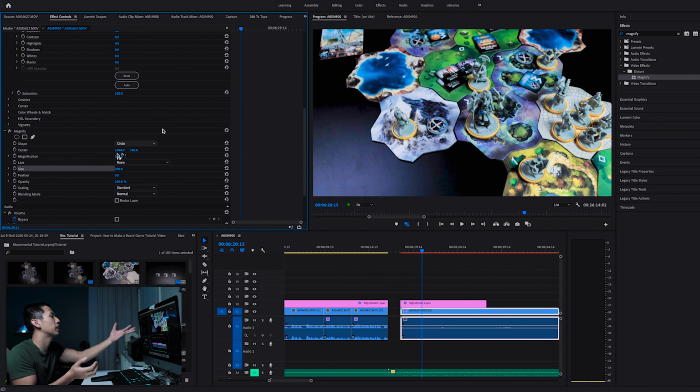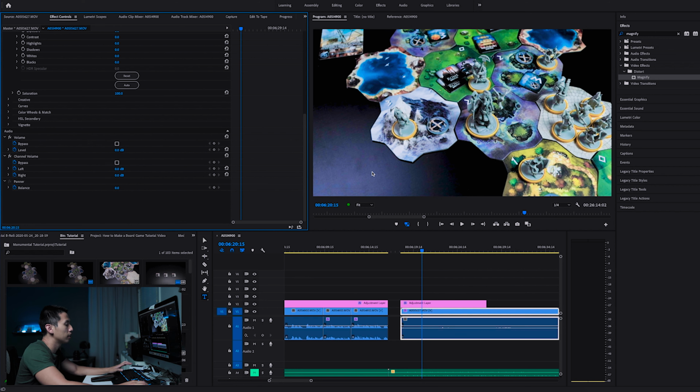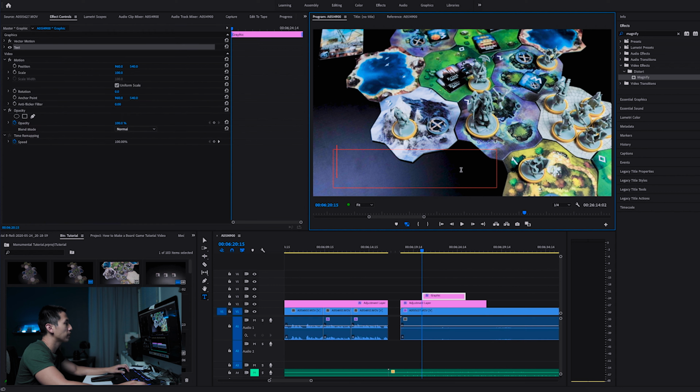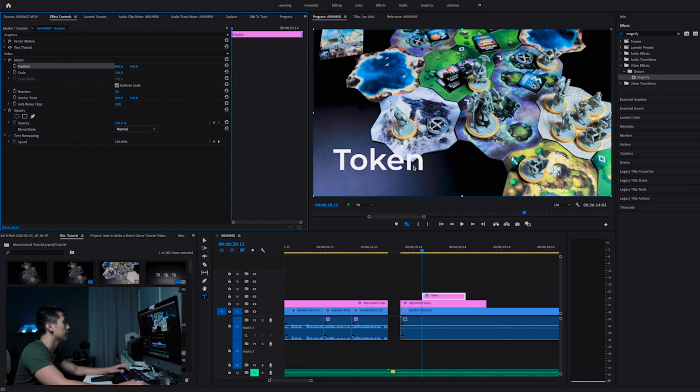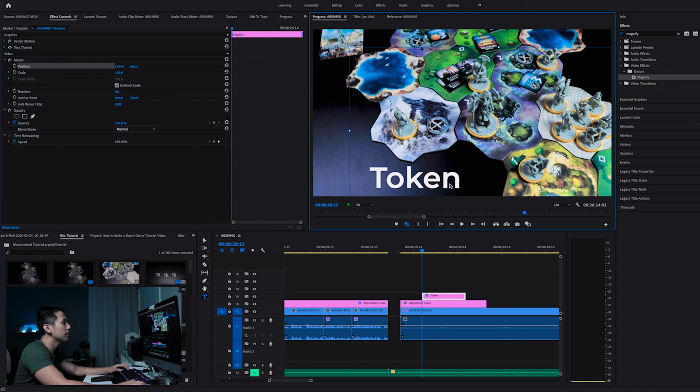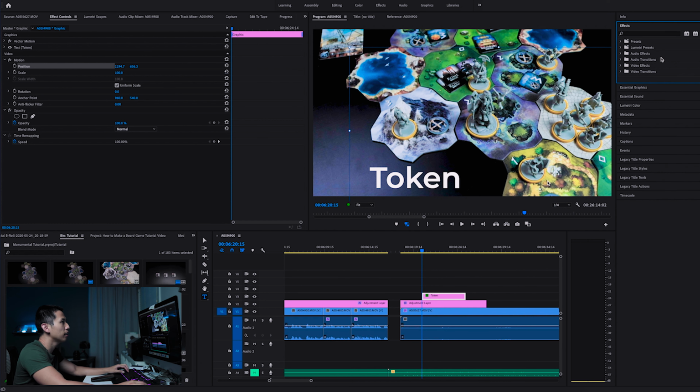Number 3, what's really nice too is if you pair sound with text. So you want to point out this particular token here. To do that, you can click T on your keyboard, which will bring up the text tool, drag out a rectangular box, and then you can type out token. I like to make it a stark contrast so you can easily see it, so you can make it white against a black table. So here it says token,